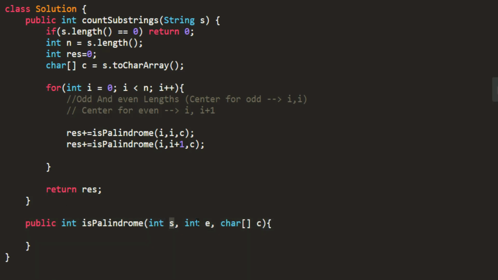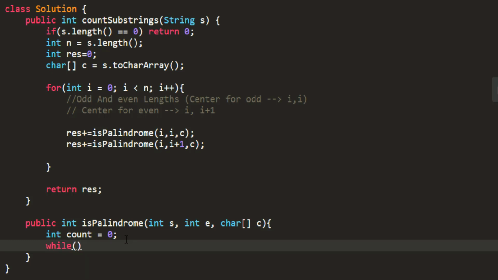So this is my start point, end point and my character array. So over here I'll take a count that would be for this particular center. The count would initially be 0, and I'll write a while loop with all the conditions.